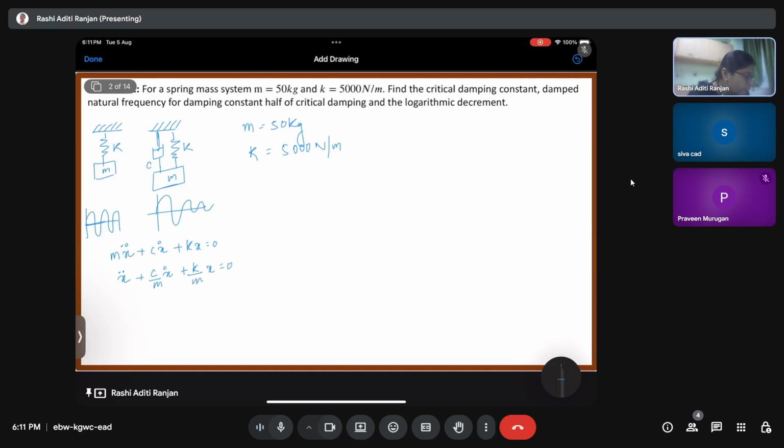Now, if I want to find the roots of this, or to be precise, the solution: for an ordinary differential equation of this form, we find the roots corresponding to the differential equation, and then we can write the solution. For example, this we can write as D squared plus c by m D plus k by m into x equals 0, right? So for this, if I find the roots,